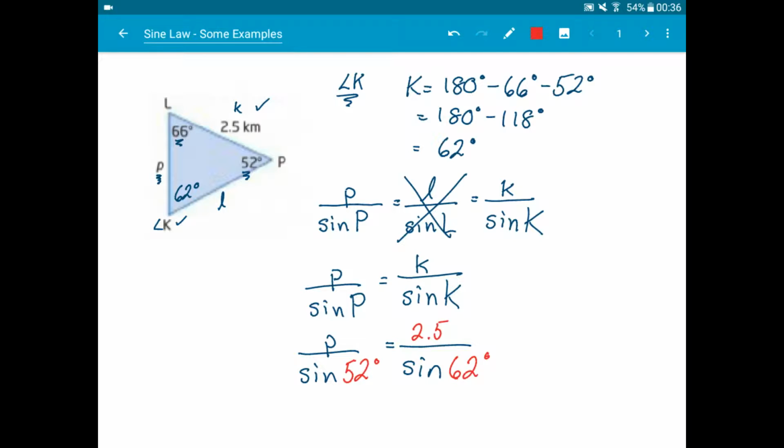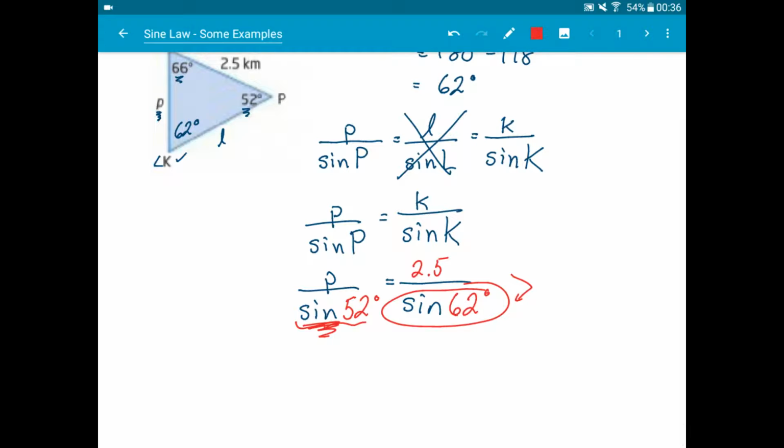Now, where you go from here depends on your comfort. You could just plug sine 52 into your calculator and write that value in instead of sine 52. You could do the same over here: instead of writing sine 62, plug that in your calculator, write out the decimal number, do the division, then multiply both sides by whatever this number ends up being. That's just fine. What I'm going to do is multiply both sides by sine 52. So I'm going to end up with 2.5 sine 52, because the sine 52 on the left is going to cancel out,